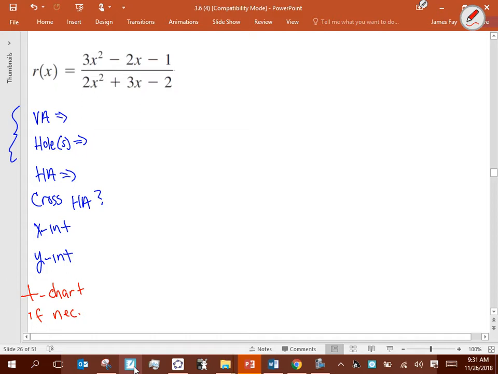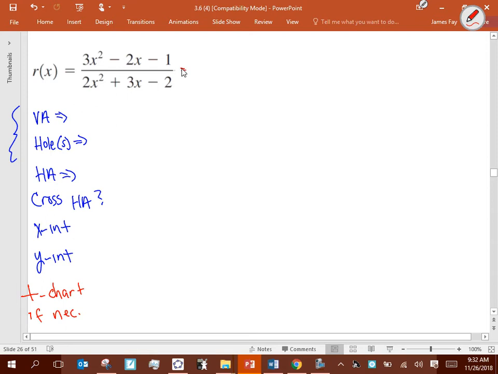All right, so the number one thing that you want to do is factor the entire numerator and factor the entire denominator. Now, you can start to realize that the higher those degrees, the more elongated that process is, right? If that's a 5th-degree polynomial at the top and a 6th-degree polynomial at the bottom, that might be a 15-minute process just to get this thing factored. It is what it is. We're going to have to use all of our tools for factoring to do this. So this one here,